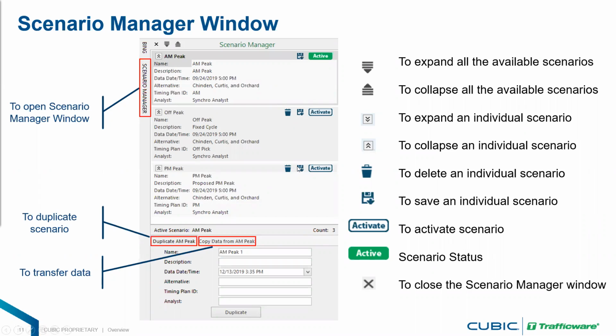So if you hit the save scenario, it will allow you to save a single scenario in a 11 file. Also, it will allow you to save down a single scenario, because the previous version of Synchro doesn't allow you to have multiple scenarios, right? Because it doesn't have that ability to actually deal with multiple scenarios. So in that case, you can just